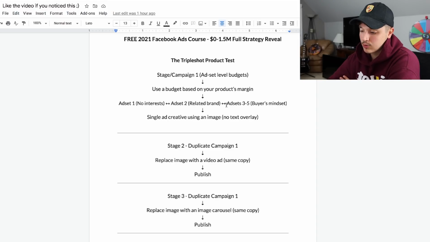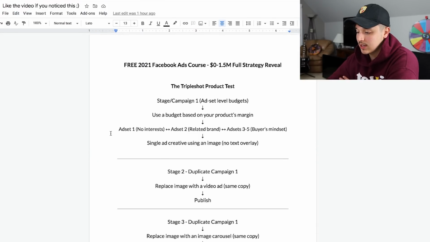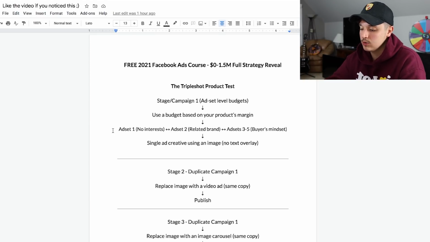And then ad sets 3 to 5. Do a couple more here. So you're going to do buyer's mindset. So for phone case, I put a few things down here we'll get into in a second, but technology, iPhone, gaming, basic things like that are very broad audiences. I would say nowadays with Facebook ads, you want to have a bigger size audience, much more broad, so that Facebook can sort of just pick and choose and find the right audience and then continue to target those people